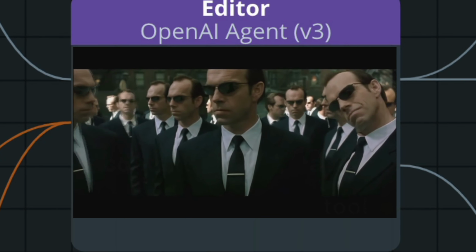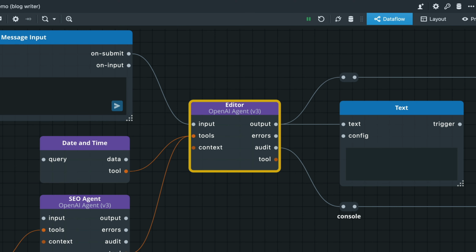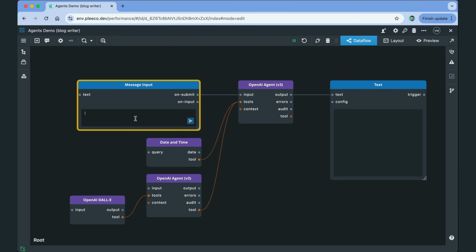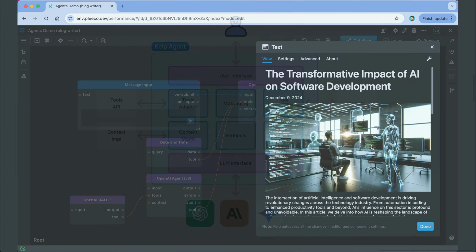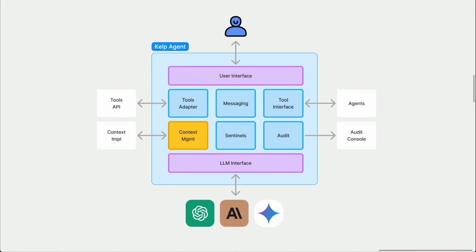So, what exactly are agents in Kelp? Think of them as intelligent components built on top of LLMs that have special capabilities for achieving goals autonomously. More specifically, context management for allowing the agent to maintain and expand the LLM's context, a mechanism for connecting and communicating with tools, a monitoring system that protects against potential failures, a messaging interface for handling multiple types of media formats,